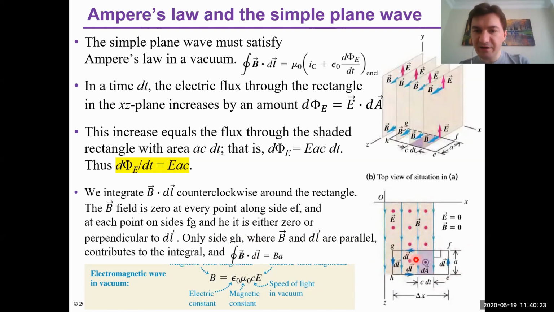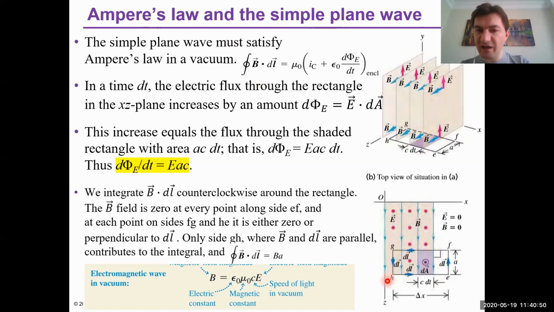And between F and G and H and E, magnetic field and dl are perpendicular to each other, then there will be no contribution again to that integral. So only from that part of the line integral, from the closed loop, we will have contribution to that integral